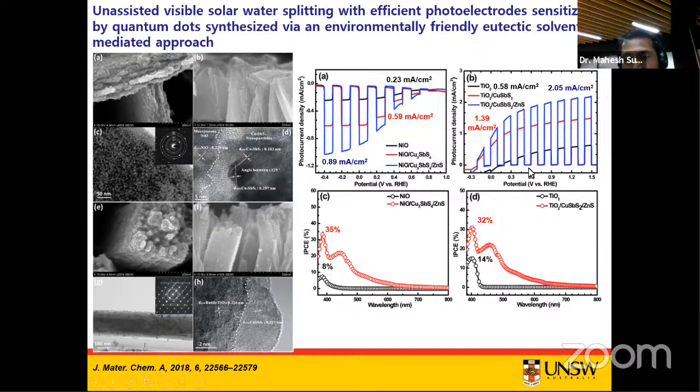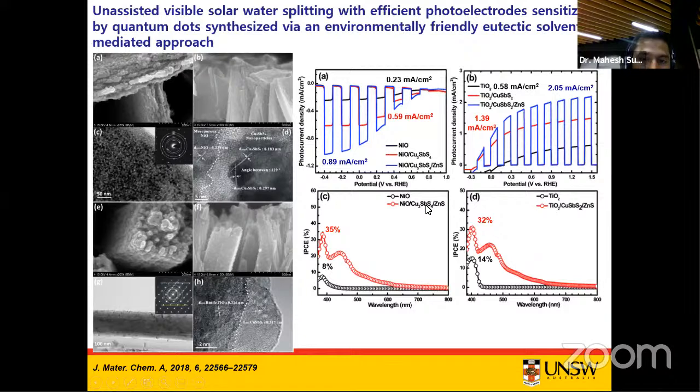So there is an increment in the photocurrent density from about 0.58 milliampere per centimeter square for bare TiO2 to about 2.05 milliampere per centimeter square for zinc sulfide passivated copper antimony sulfide, that is CuSbS2 sensitized TiO2 photoanodes. We also measured the IPCE spectra of the photocathode and the photoanode, and we observed an increment in the IPCE at about 400 nanometer, below around 395 nanometers, from about 8% to about 35% after zinc sulfide